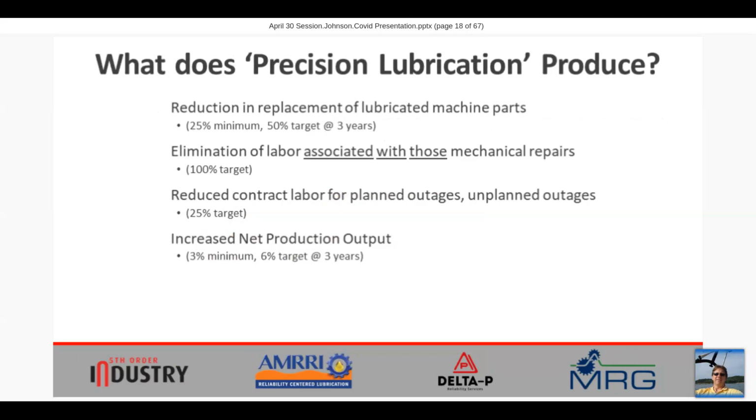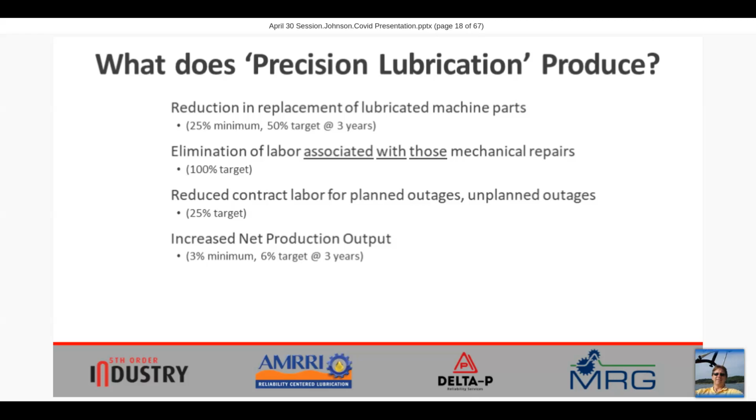If we're able to do so, we can expect to see reduced replacement of lubricated parts and the labor associated with those part replacements, reduced contract labor from planned or unplanned outages, and certainly an increased net production output.